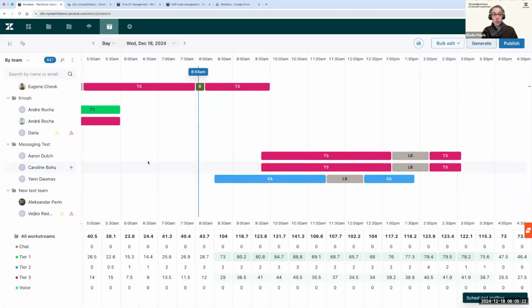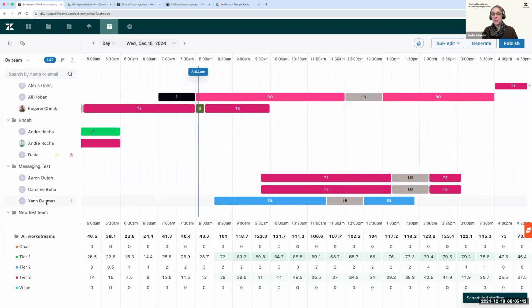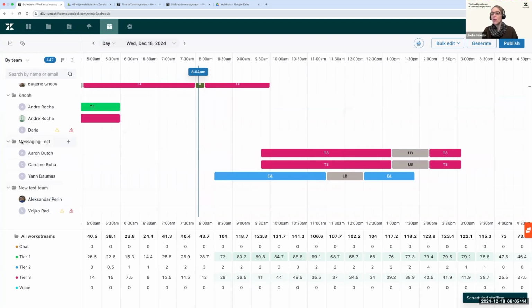But you can also do so in a more targeted way by using the grouping options, which are at the top left corner of your screen here, and by selecting any of your groups, your teams, your selected locations or agents, and just by hovering. So let's say that we have selected a few teams here, and you can just hover over the name of the actual team and press the plus button. This will generate all the schedule for all of your team members belonging to the messaging test team here for